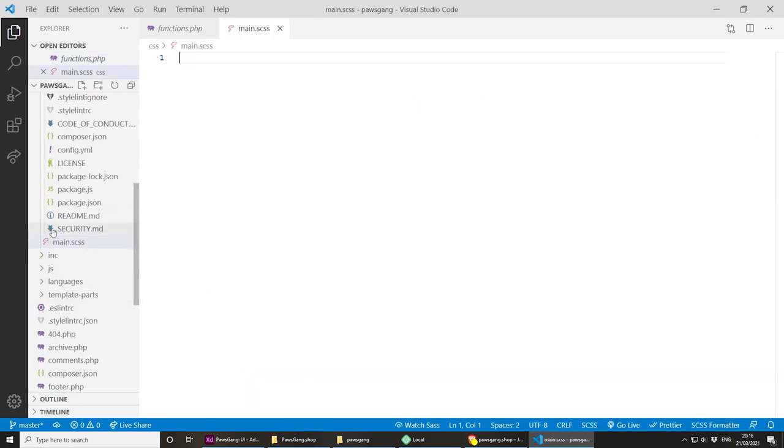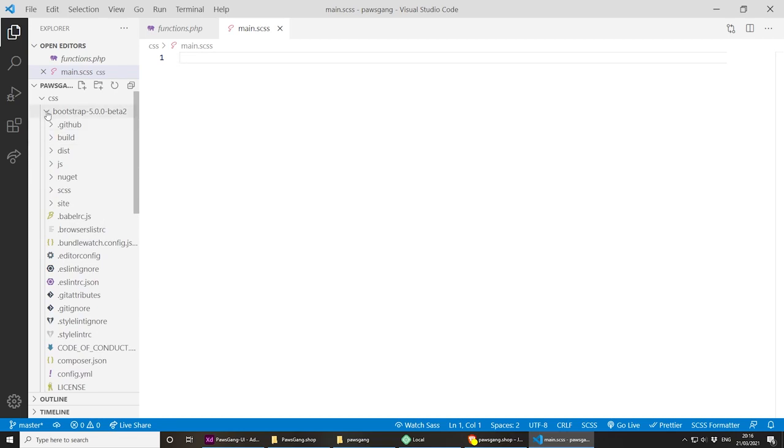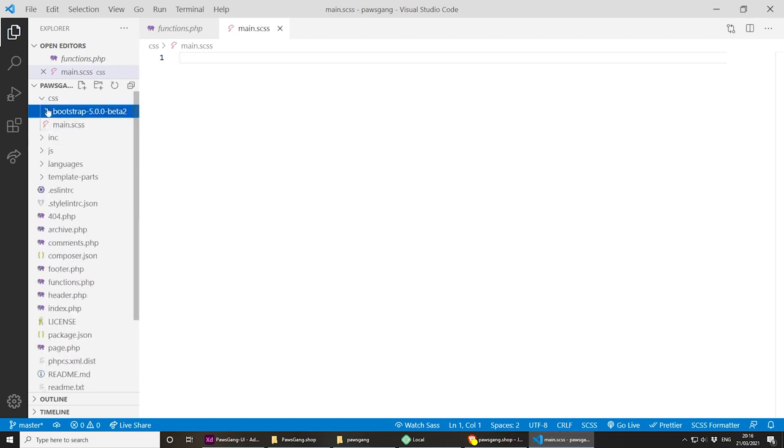We're going to be using SCSS for this project. Let me remove this, collapse the Bootstrap folder, and today we'll be using SCSS just because it makes things a lot easier, and we can easily import Bootstrap in here and start using it, which I will show you in a second. Now that we have our main.scss file here,